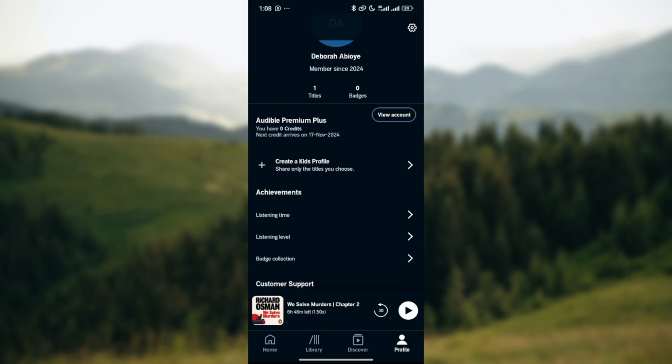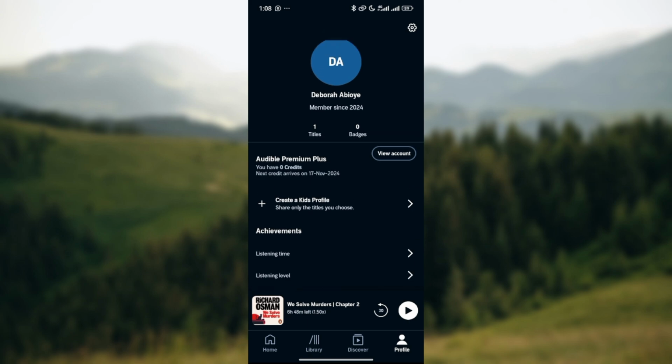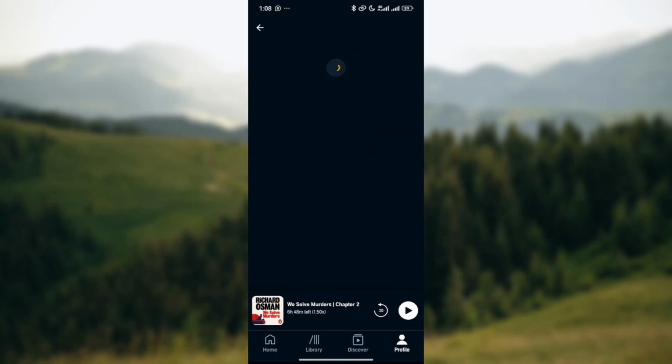Now, if you have not gotten the premium version of your Audible account, you cannot access Audible Originals. But if you've gotten the premium version, just like I have done here, you would see that the Audible Premium Plus would be just below your profile picture. So then you can click on view account, and by clicking on view account, you can see the benefits that